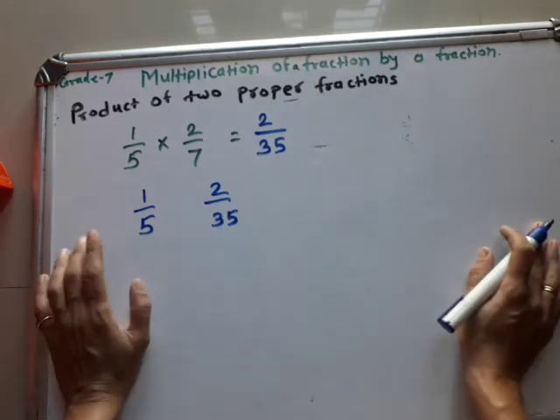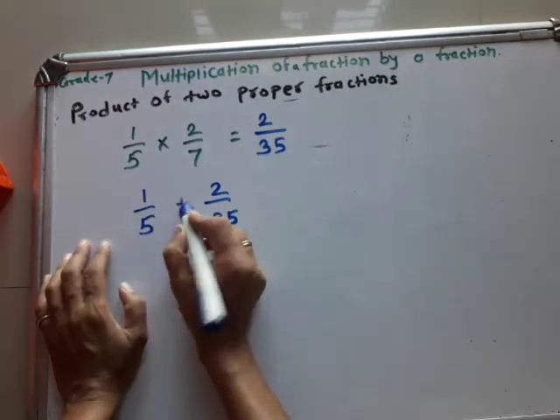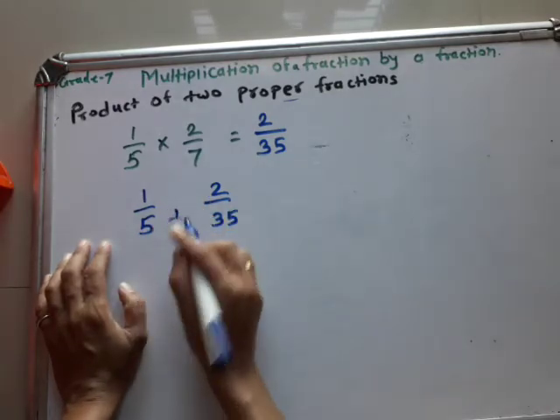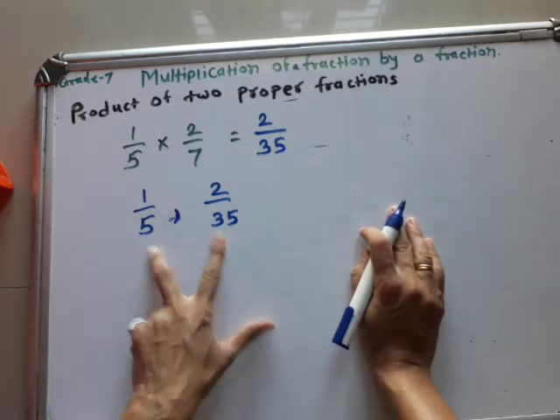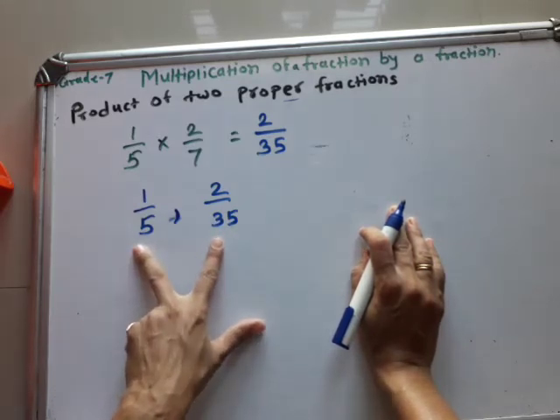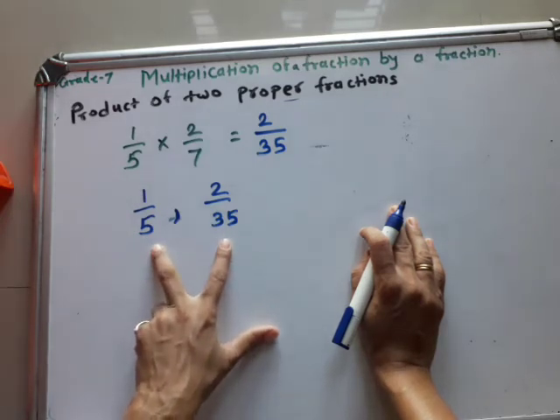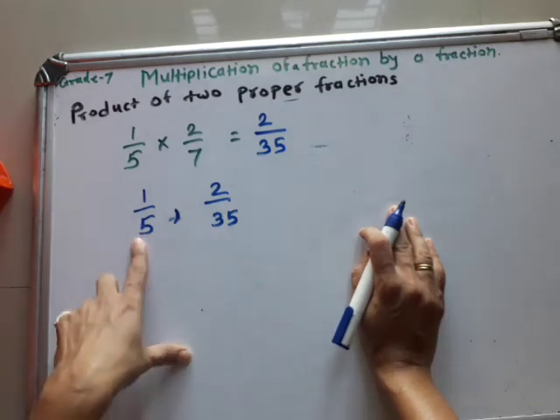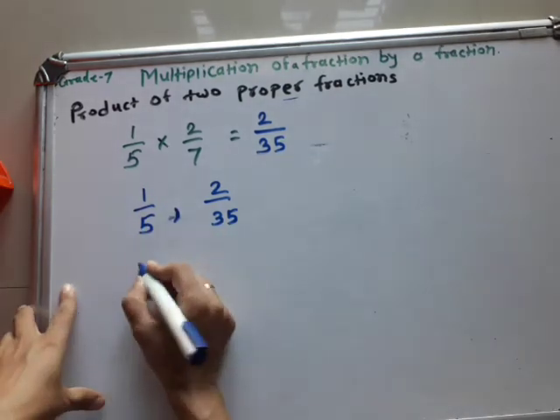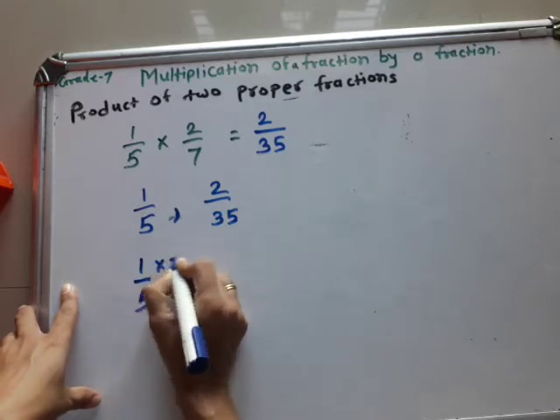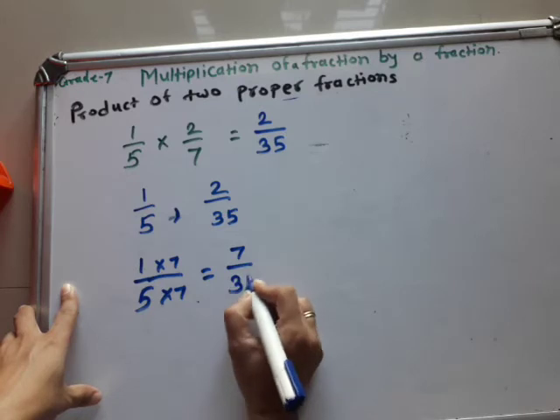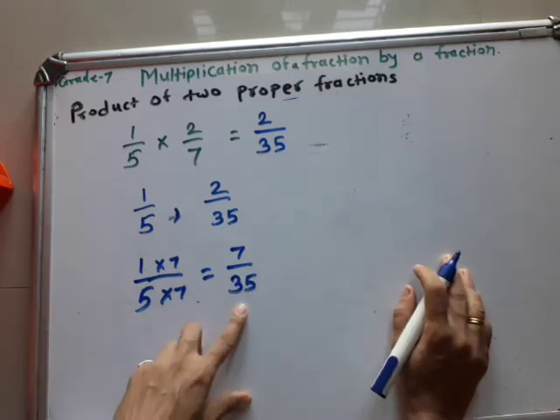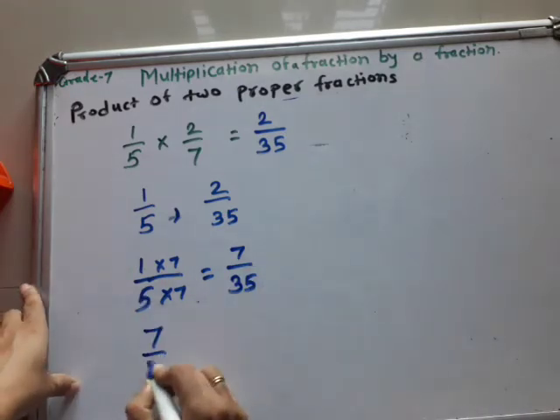So here, first you have to make like fractions. Okay, 35. So 7 and 5 and 35, which LCM can you take? 35, because this is the greater number, and when you multiply 5 by 7 what answer do you get? 35. So you have to convert this fraction into a like fraction. 7 and 5 7s are 35. Okay, now which fraction is greater?